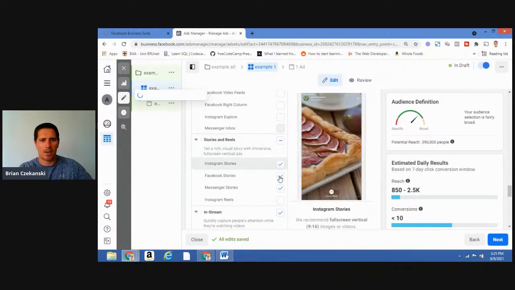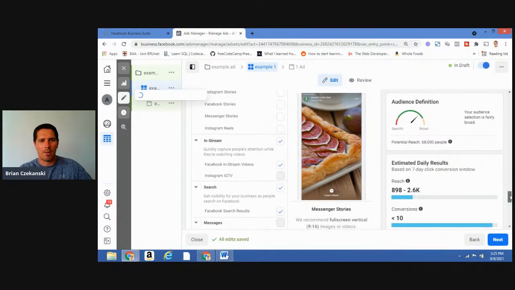So what you have to do is just uncheck these various different things. And this is one of those things that sometimes, even when you uncheck it, when you confirm your ad and get it going, Facebook will check those boxes again. So just make sure, before you hit that button at the very bottom, when we get to the actual ad and hit that confirm button, make sure you go into the review stage. You can see this little eyeball right here. Hit that review button, make sure that your placements are just Facebook newsfeed, and make sure it's just going there,